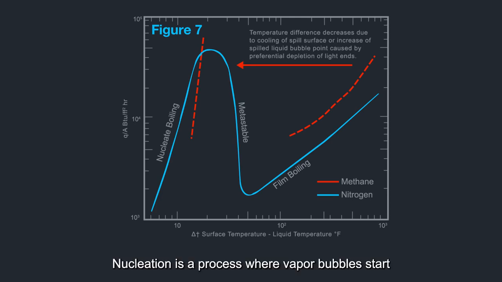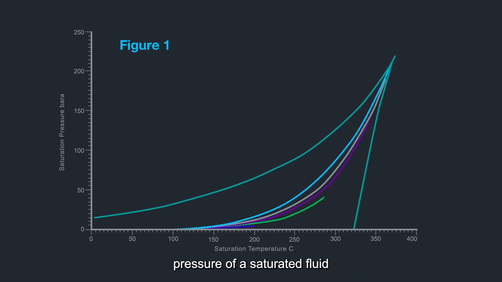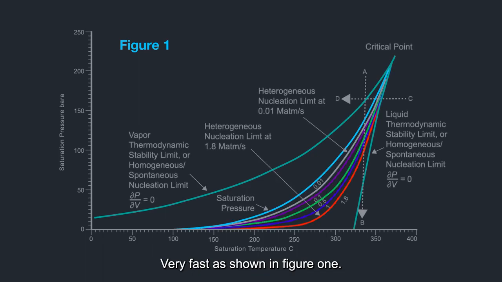Nucleation is a process where vapour bubbles start to form in these surface imperfections when a liquid is heated to a boiling state. The nucleation process requires mass and heat transfer in order to produce vapour. If heating occurs at an extremely rapid rate, these nucleation sites are rendered inactive as they do not have enough time to complete the mass and energy transfer or exchange required to generate the vapour bubbles, for example, nucleate. The same effect can be produced by dropping the pressure of a saturated fluid very fast, as shown in Figure